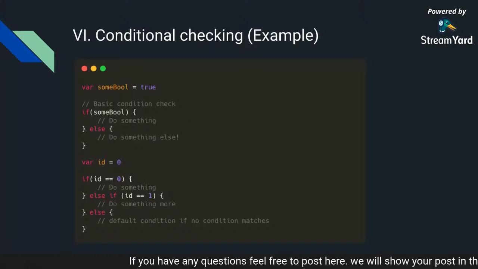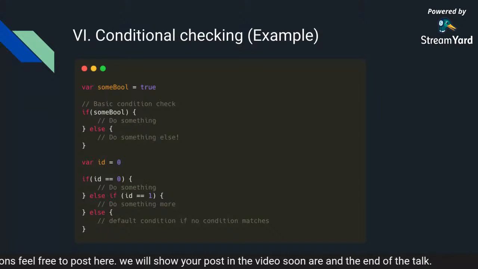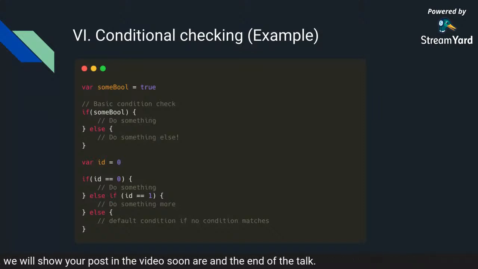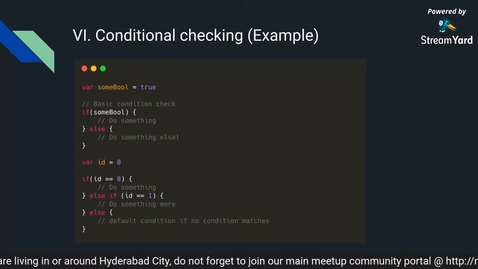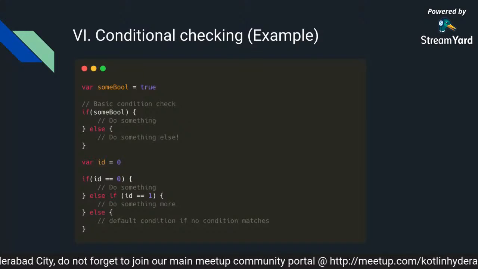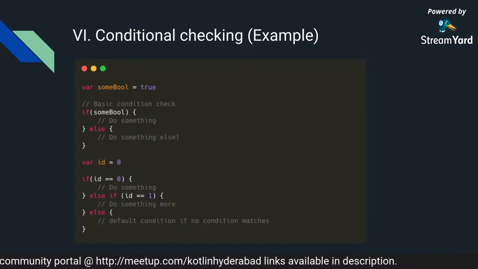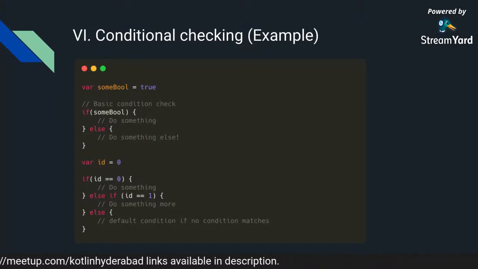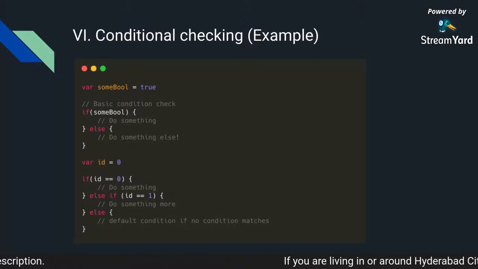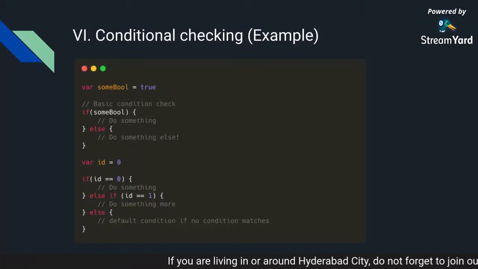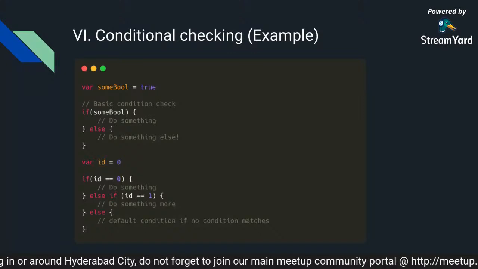In the same way, there is a variable id over here. I've assigned it a value of 0. Kotlin is again inferring the type of this, and then here there is an example of if and else if. So if my id is 0, this condition will be met. I have extended that further by saying else if id is something more than 1, then it will do this. Now this is a very crude example, just to showcase. There are much better ways to write checks like this, and we will see that in the further slides. So this is basic conditional checking for you all.